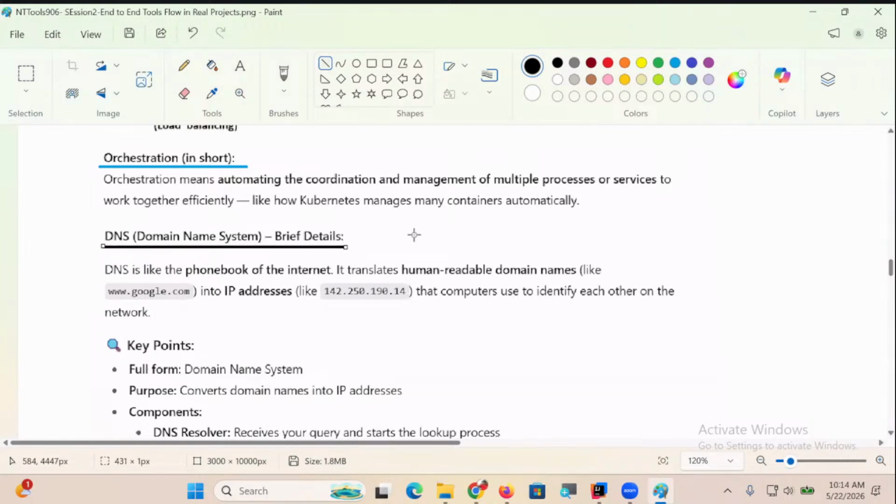DNS, guys. I'm just introducing what is what, nothing else. DNS is like the phone book of the internet. Okay. You search for a name, you will get the phone number. Similarly,